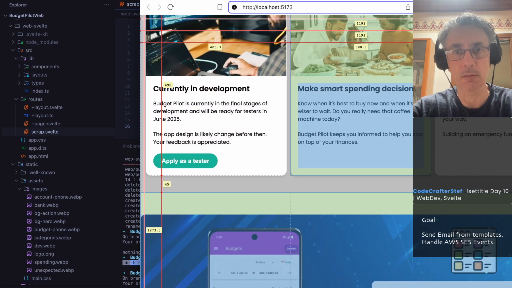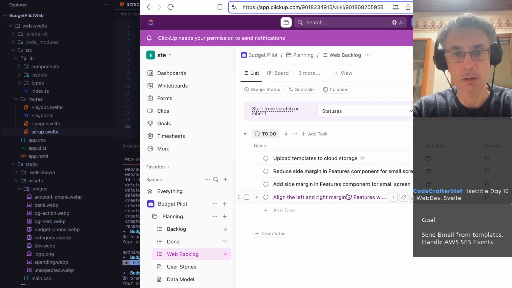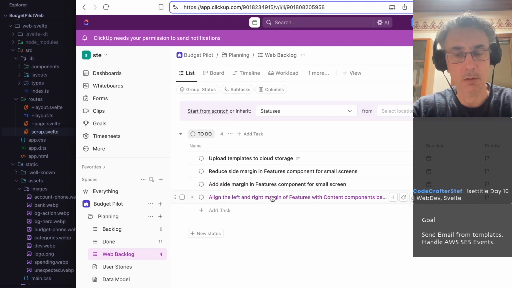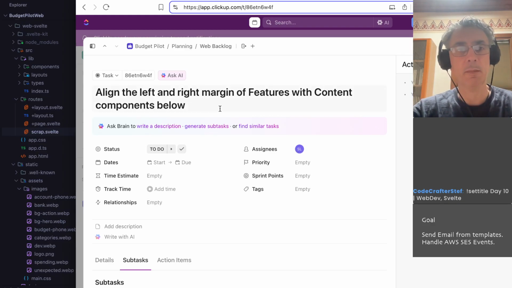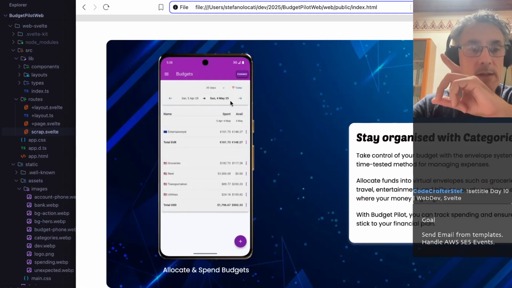Oh, sorry, let me read it better. Right, let's take this: align the left and right margin of feature. So that basically means